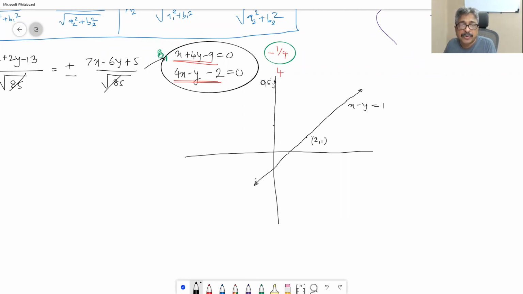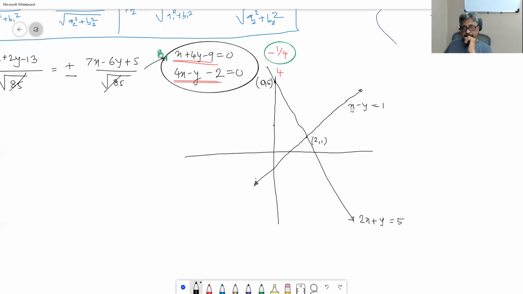The point (0, 5) is on it, so the slope is 4 upon minus 2, that is, minus 2 is the slope. So the equation of this line, with minus 2 as the slope, is 2x plus y equals 5. Okay, so these are the two lines which are given. I want to study what kind of quadrants they create. Okay, understand this.